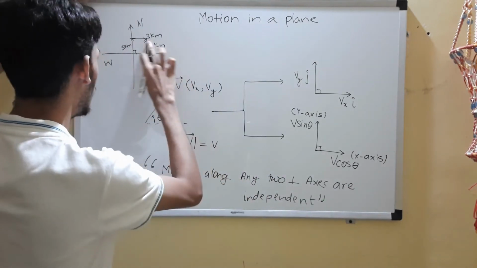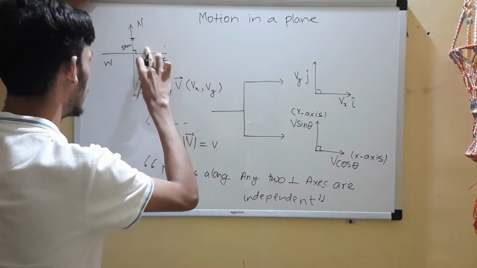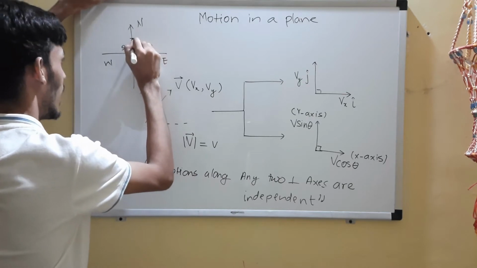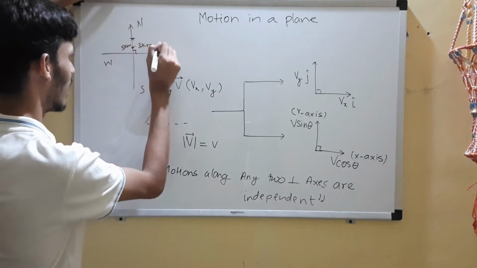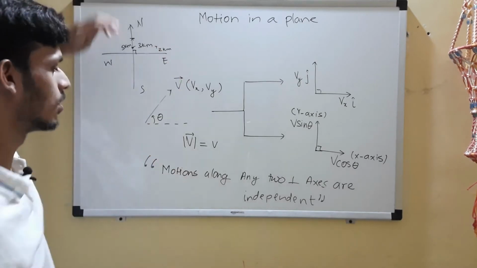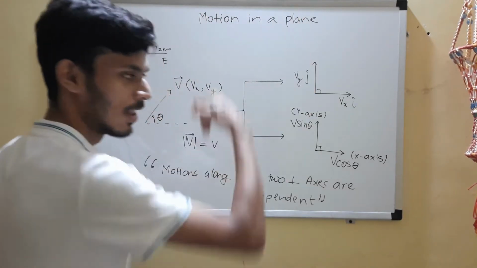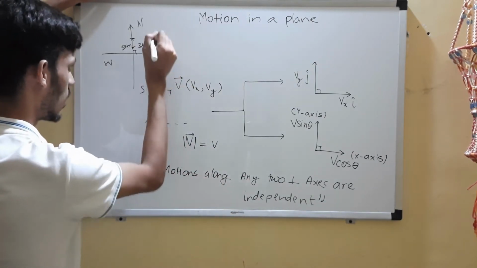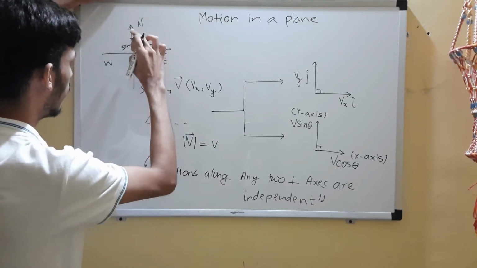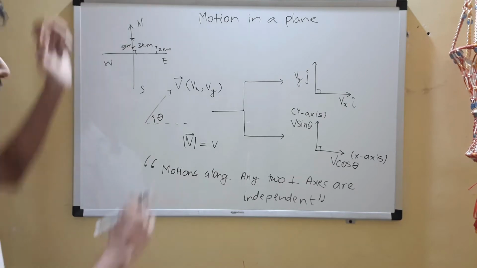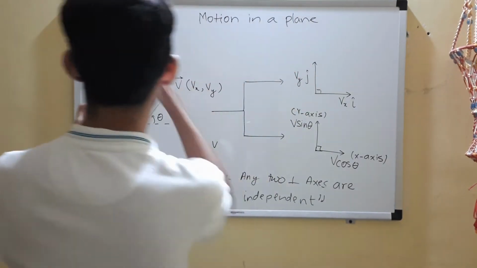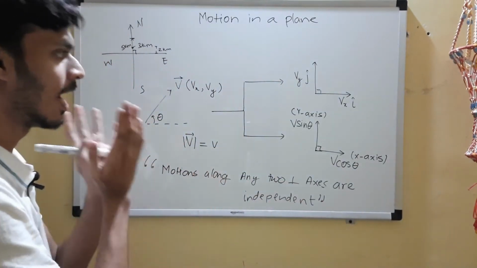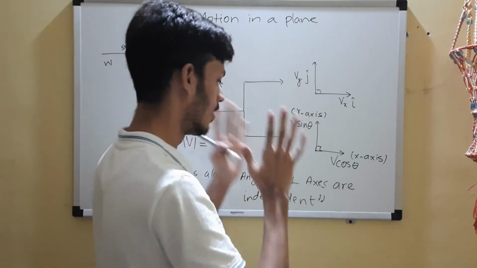But suppose you had to walk 5 kilometers in north and now you walk 3 kilometers south. Now your final position is over here, right? It did affect, right? First you walk 5 kilometers north, then 3 kilometers south, so you are finally at 2 kilometers north. That did affect your distance, because north and south are not perpendicular. Motion along only two perpendicular axes is independent. So this is the idea behind the statement.